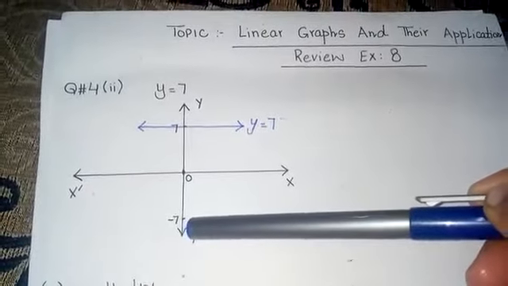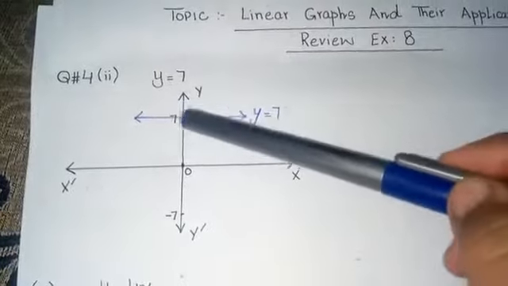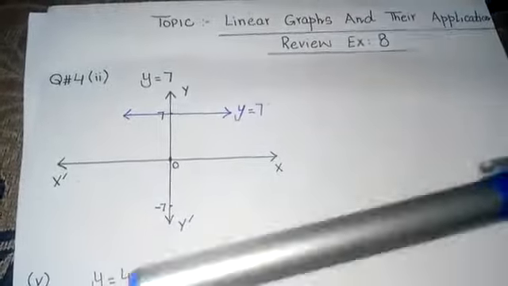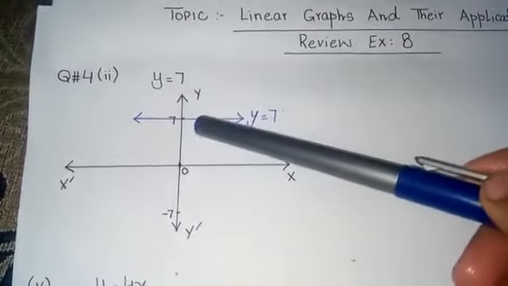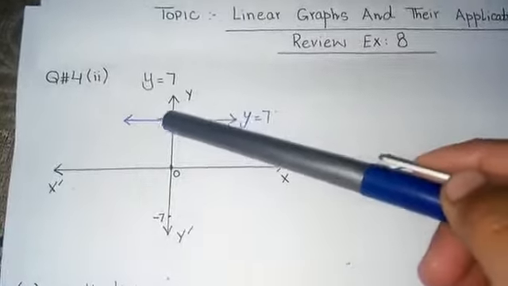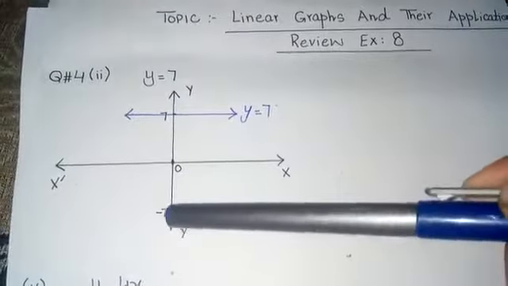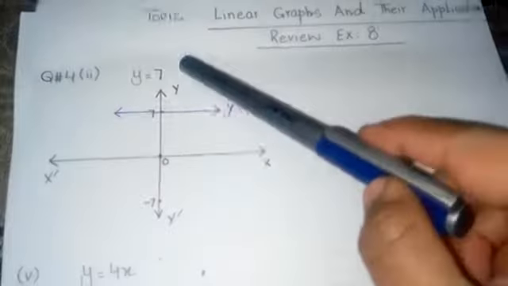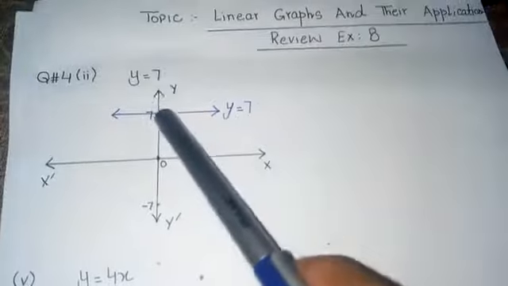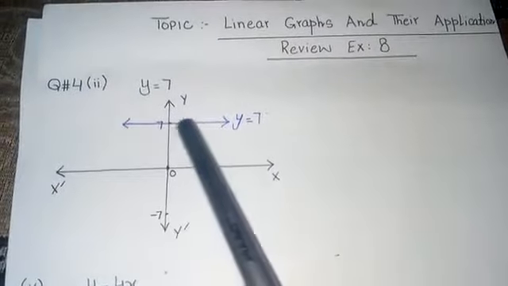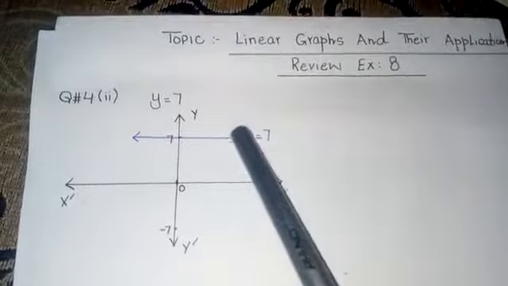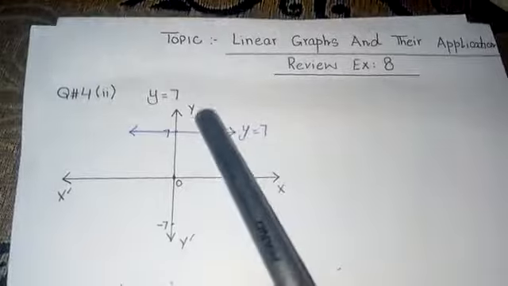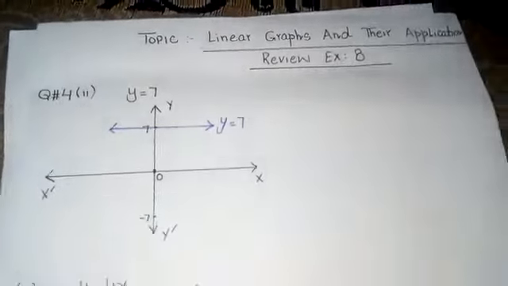We will use a scale to measure this, and I have marked this as 7 because here is only one value, so there is no need to take many values. Just take the value we need. It is 7, so I have marked the point 7, and the same distance is minus 7. We have to draw the graph of y = 7. So this is our required point. I have drawn the line of the graph and I have put arrowheads on both sides and written the equation y = 7 near the line.